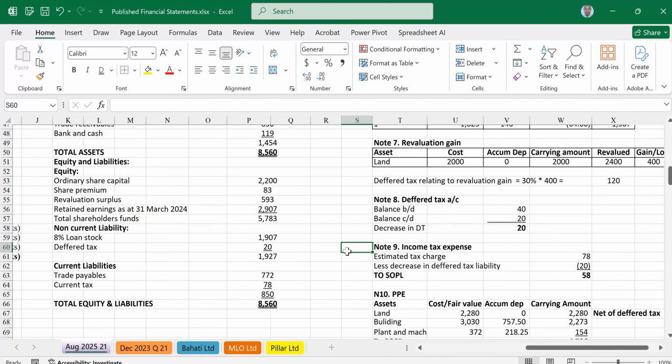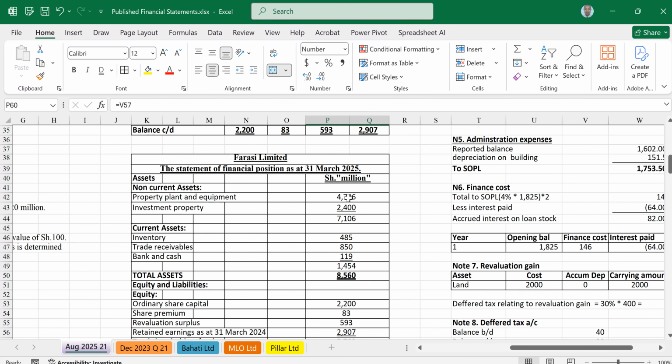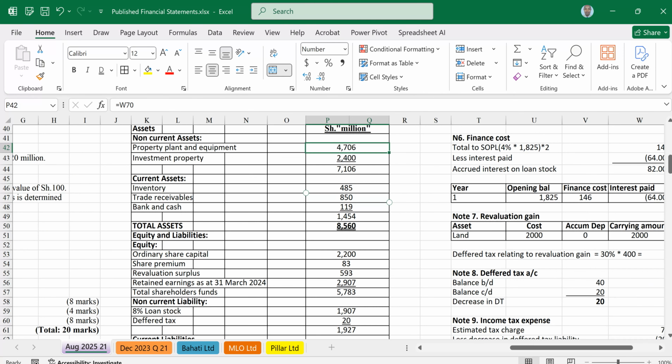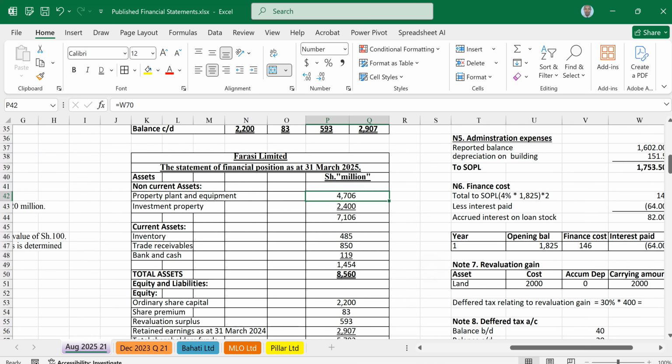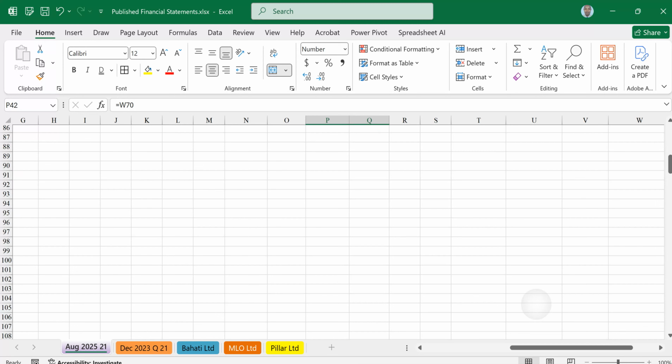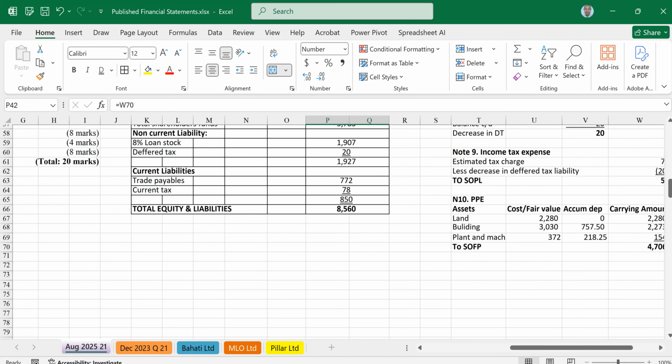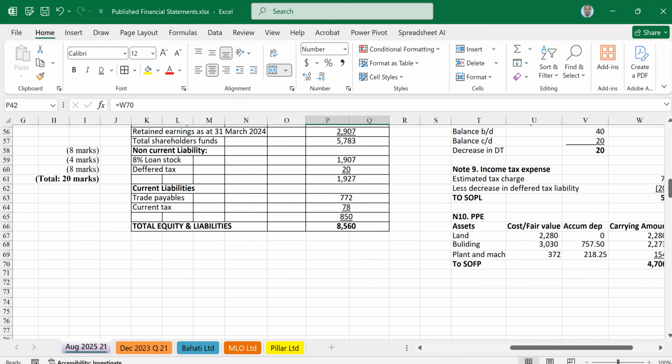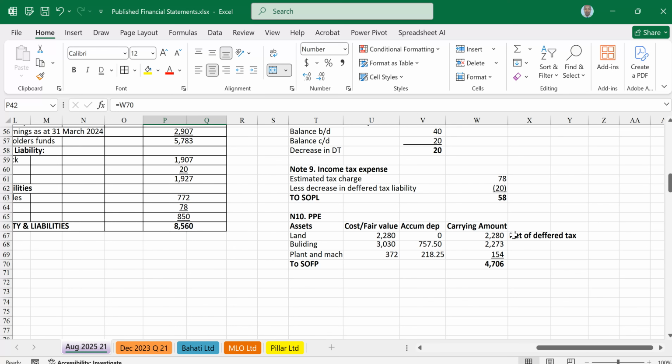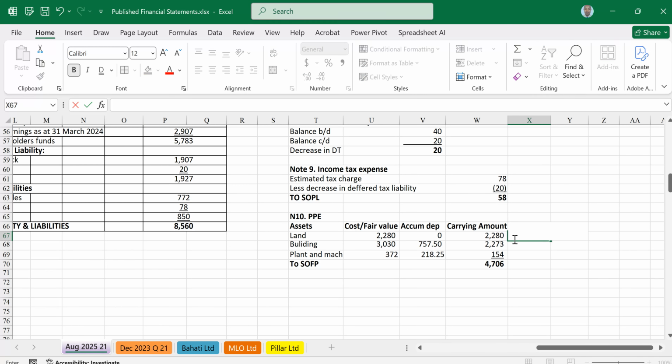That adjustment, the earlier entry. On the earlier entry that we had done on deferred tax, I want to retain land. So you just go to the working. Remember, this one is 4706. So just go to where we got the working. Now on this working, remove the net of deferred tax and just use the land at fair value. Land at fair value will be 24. Let it be 24. Then that affects this.